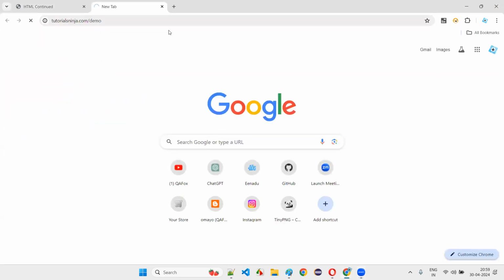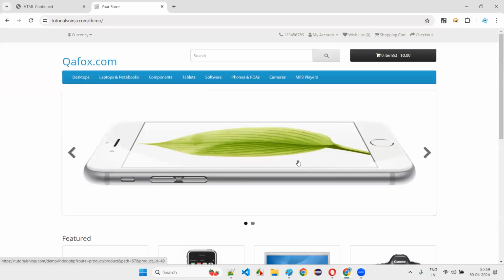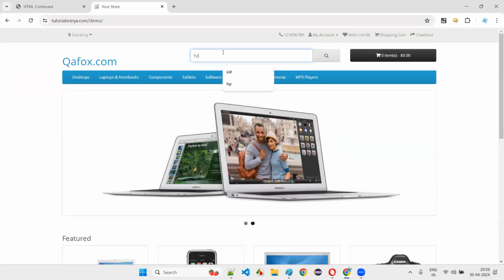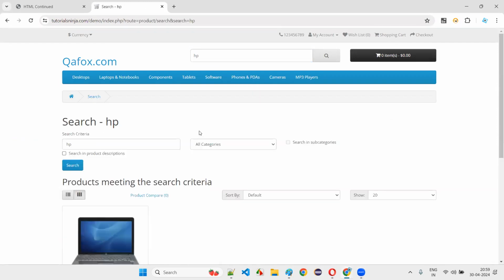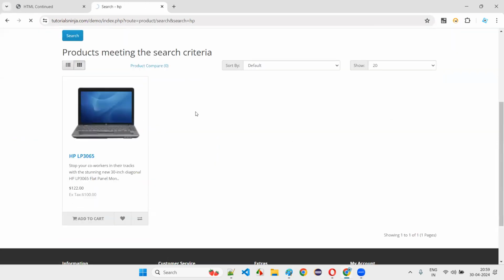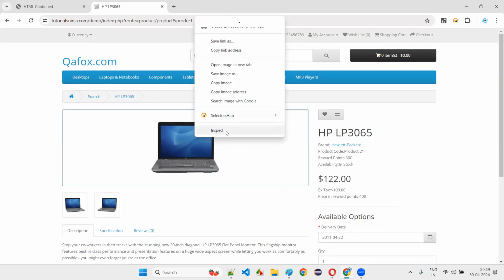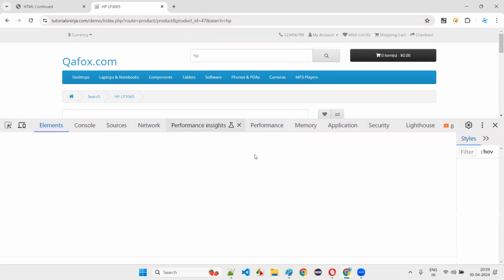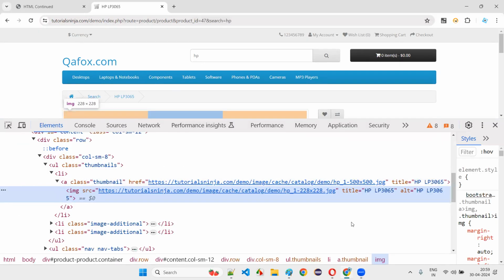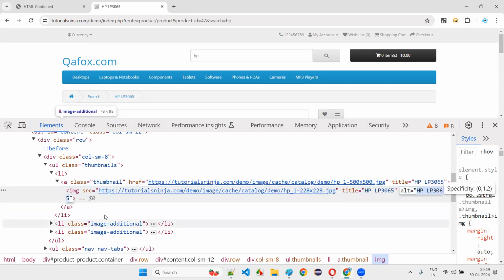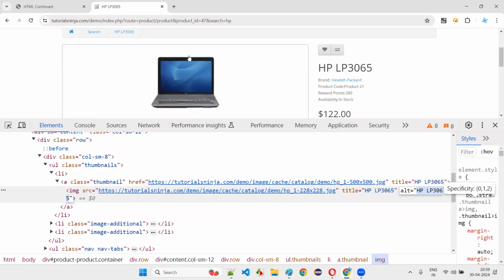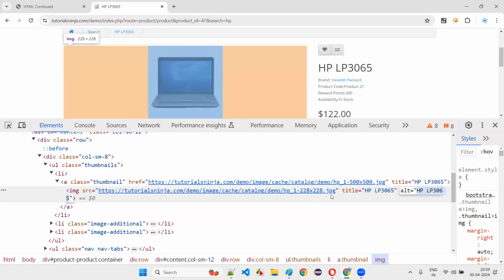Okay. Let's go and try some websites here and see if there is an alternative text provided anywhere. Some HP site. Okay, this image we'll see. This is an image, right? I'll click on the image, right click, and select the inspect option. If you want to get the HTML code of only this particular element, you can select the inspect option. Let's see what the developers have written. They have given an image. Did they give the alternative text here? Guys, did they give the alternative text here? Whoever developed this web page, whenever they created this image using the img tag, there is the source of the image, the title of the image, and the alternative text. Is it there or not?